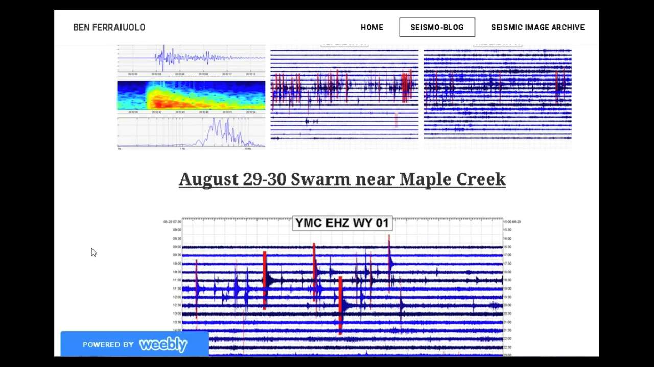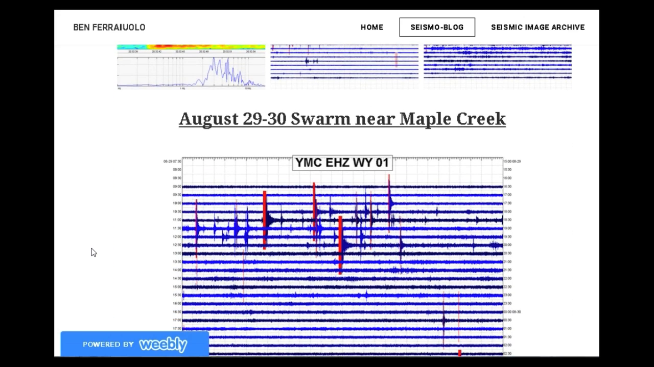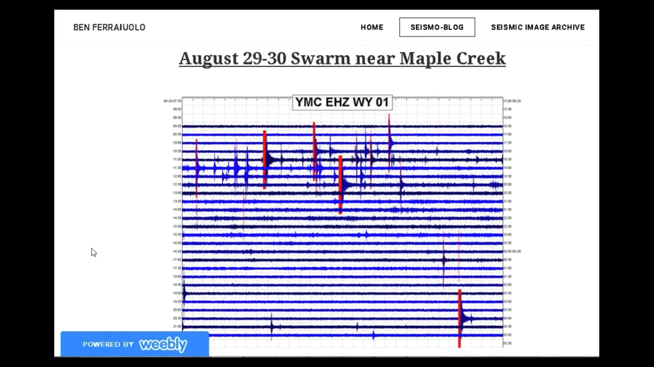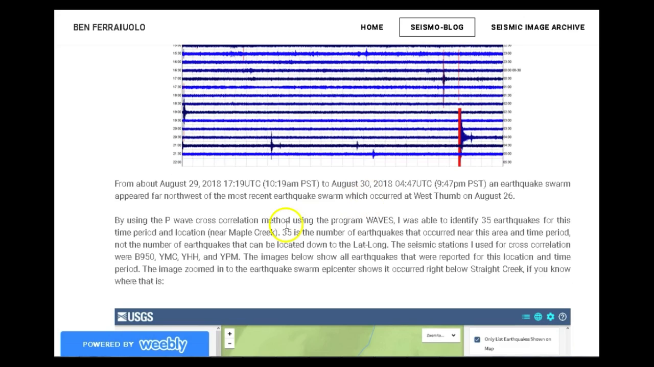August 29th through 30th, swarm near Maple Creek. You can tell they do not occur in such rapid succession as they did at West Thumb. From about August 29, 2018 at 17:19 UTC, 10:19 a.m. Pacific Time, to August 30th, 2018, 04:47 UTC, 9:47 p.m. Pacific Time, an earthquake swarm appeared far northwest of the most recent earthquake swarm, which did occur at West Thumb